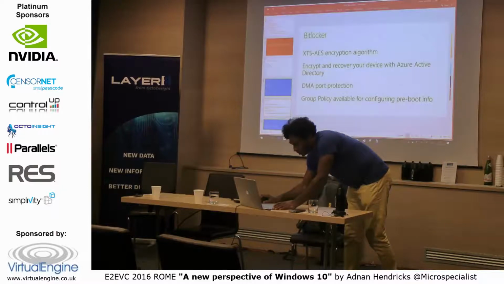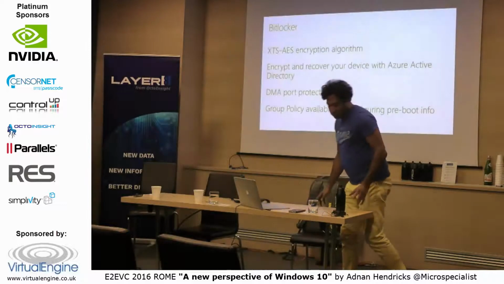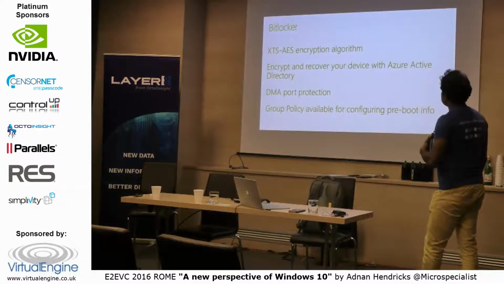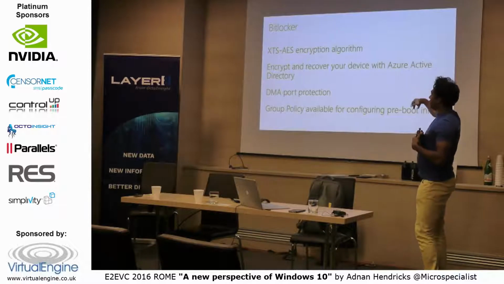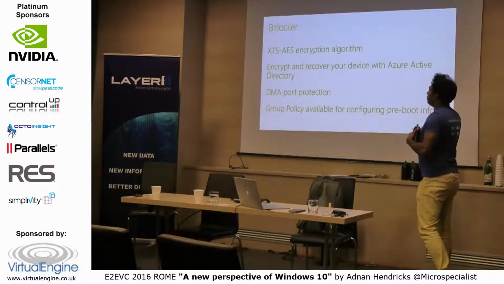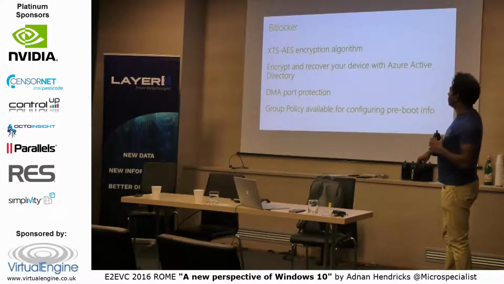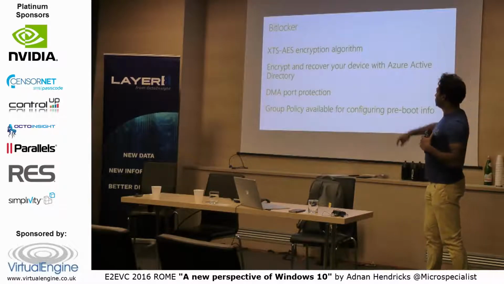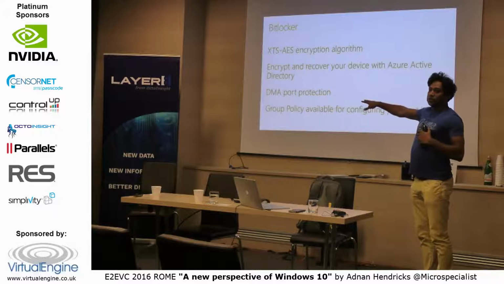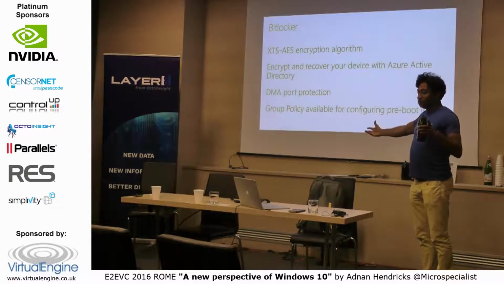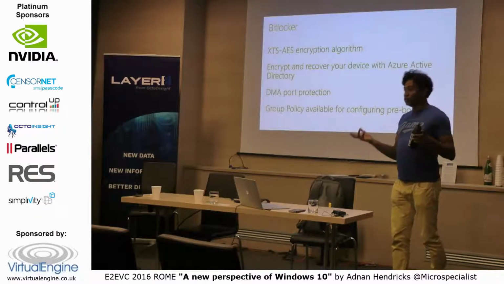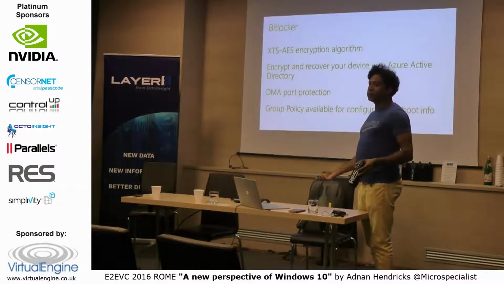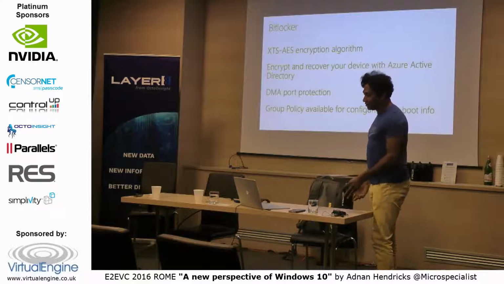But to just quickly go back to the slide, some of the new stuff in 1607 was the better encryption algorithm, how they encrypt the disks to 256 bits. You can put your keys into Azure AD, where before you could save them into Active Directory, which is always what you do want, because who remembers a 40 character key or higher, right?